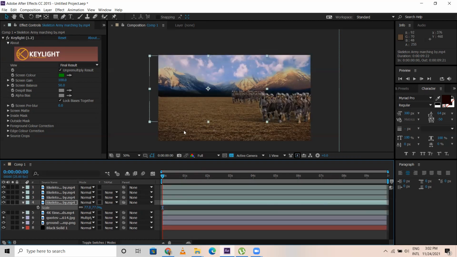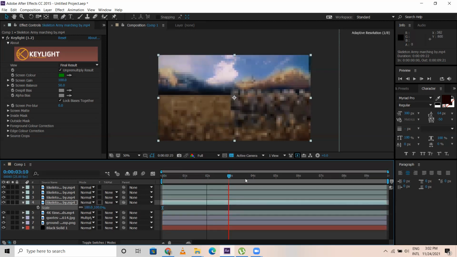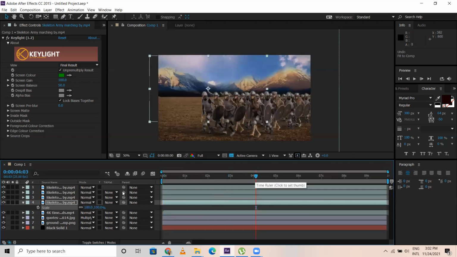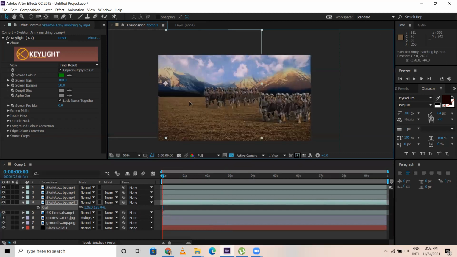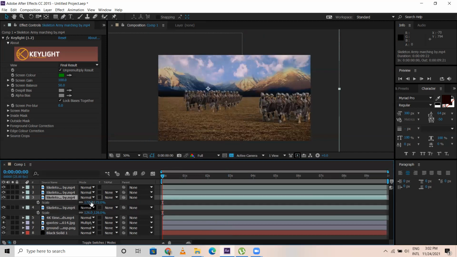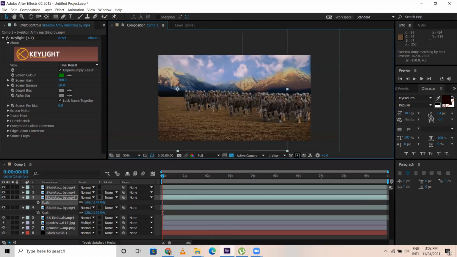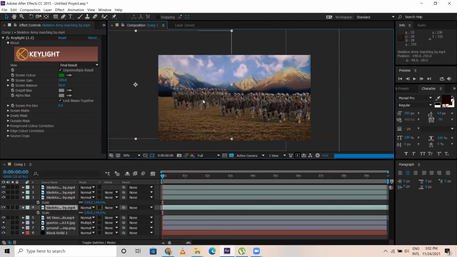Control Alt F. Let me scale this, and I would like to place it here like this. Then this one, scale here. This one to almost left and down. I can scale it a bit like this.